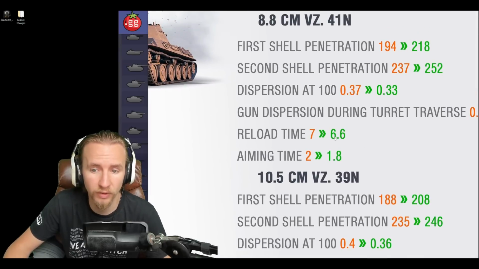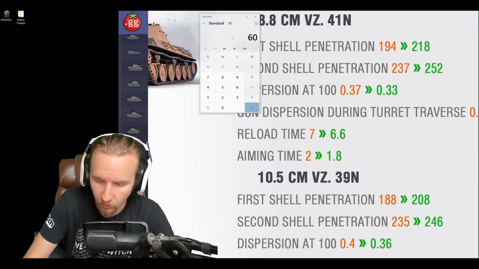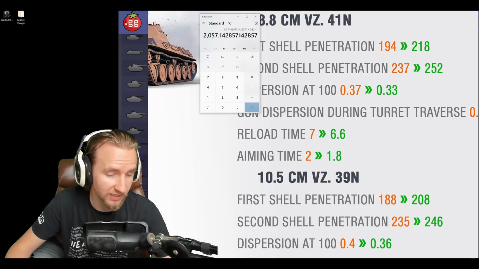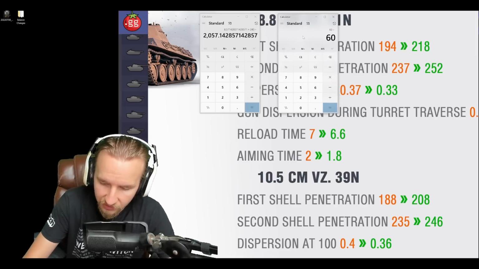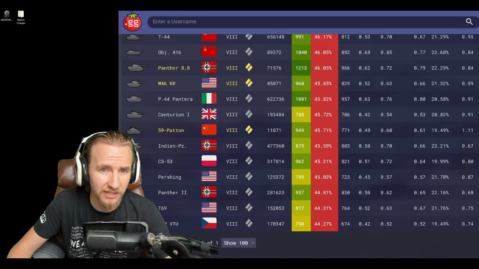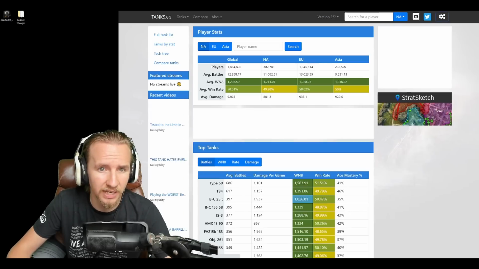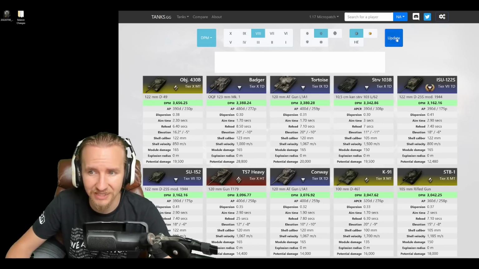They're also buffing the reload of that gun from 7 seconds reload up to 6.6, which means that while previously this vehicle would have had 2057 DPM, which is really not bad at all, now it is going to be having up to 2181 DPM. That actually means that this vehicle will end up being one of the highest DPM medium tanks at tier 8,